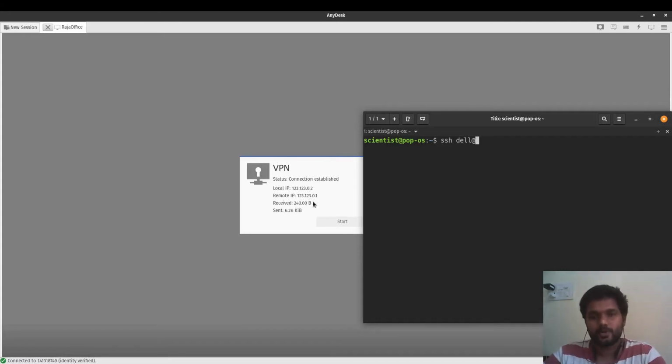Generally, it will automatically generate addresses such as 10.0.0.1, 10.0.0.2, like this. But if you are using multiple systems, it might cause a conflict. So what we are going to do is, I have started mine with 123.123. This is a dummy IP address, but it will allow us to connect to our office systems and all.